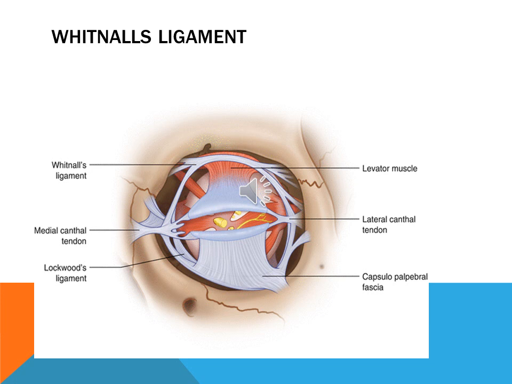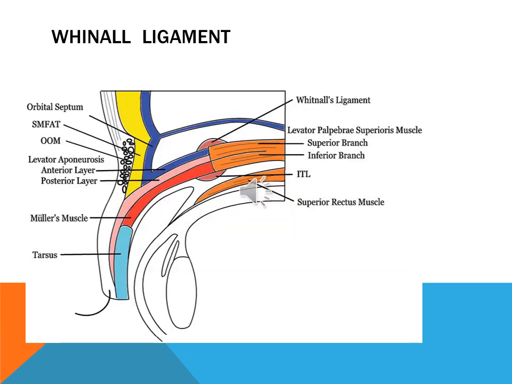This is the picture showing Whitnall's ligament, which is a fibrous condensation from the superior oblique muscle and the levator palpebrae superioris, and its relation with the levator palpebrae superioris. This is the diagram showing the striated muscle arrangements in the eyelids. This is the orbital portion, which extends from the medial palpebral ligament upward in an ellipsoid fashion and arches over the palpebral portion and touches the superior orbital margin.